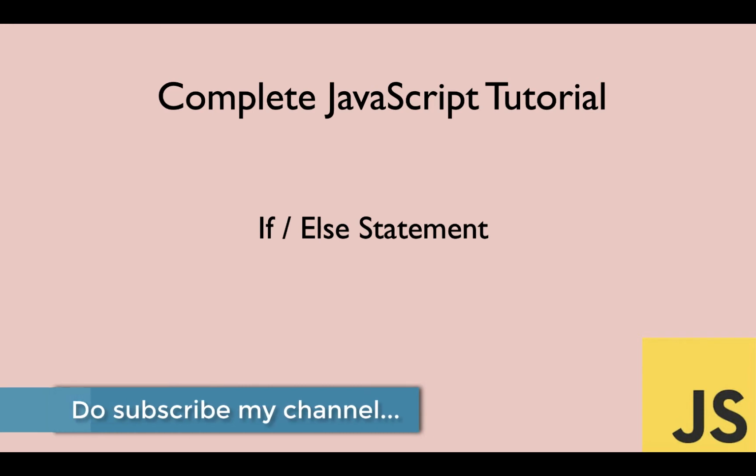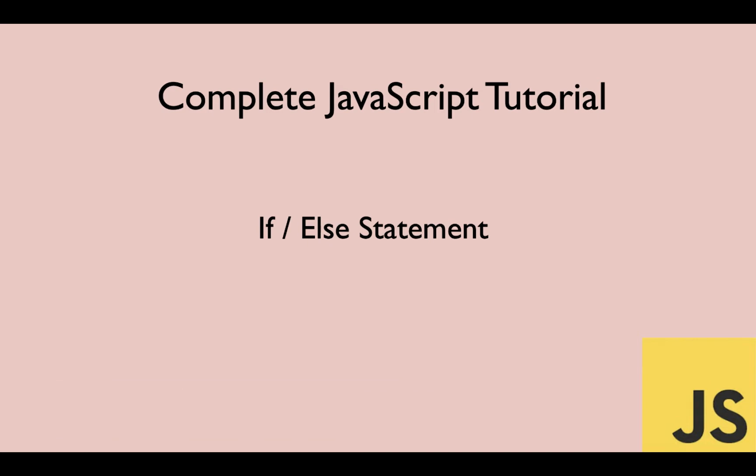So what exactly is an if-else statement? As I mentioned, it's a conditional statement, so it helps you to take a decision based on a condition. For instance, let's say I want to execute a particular section of code if my age is less than 40. In that case, this is a condition. The condition says if my age is less than 40, execute these statements. This is called an if condition.